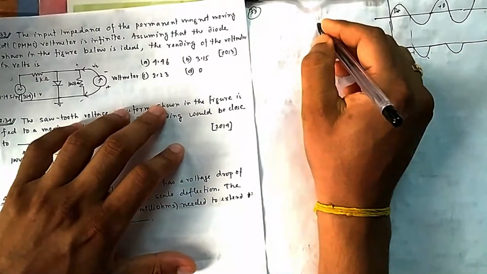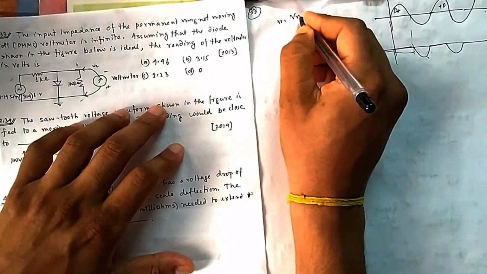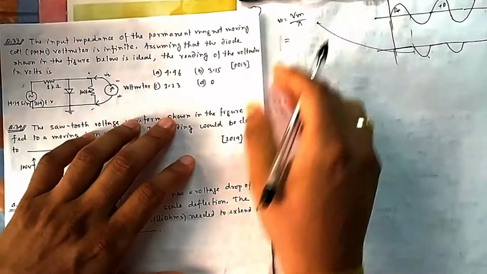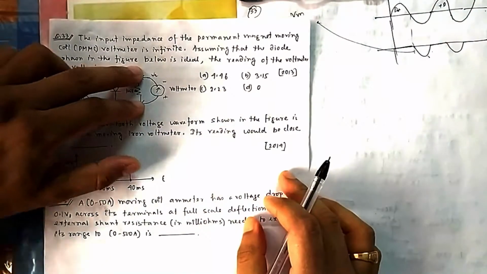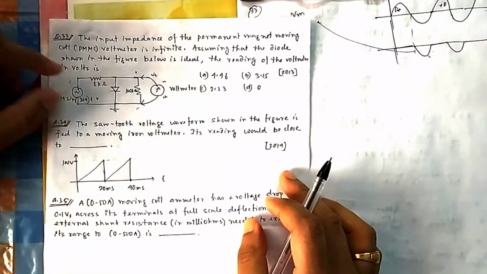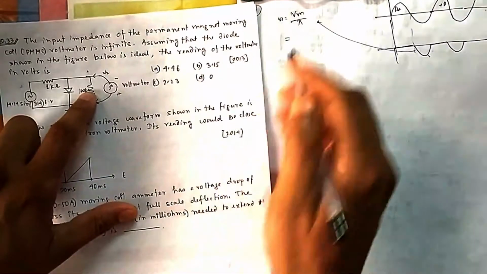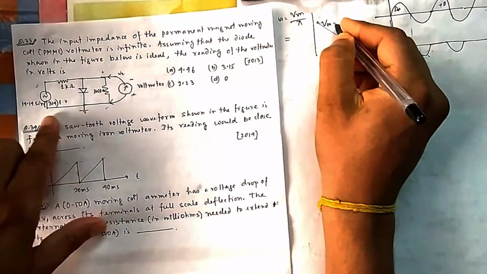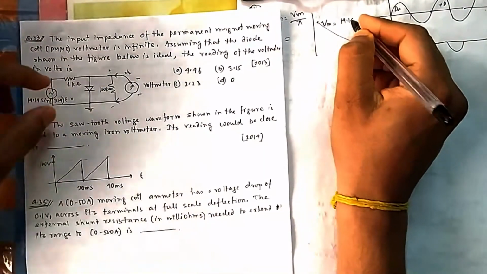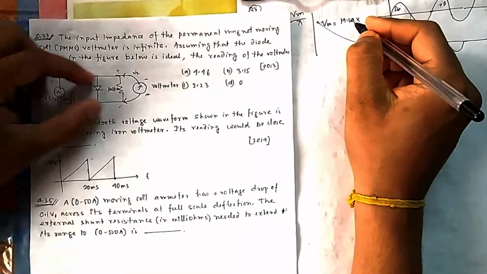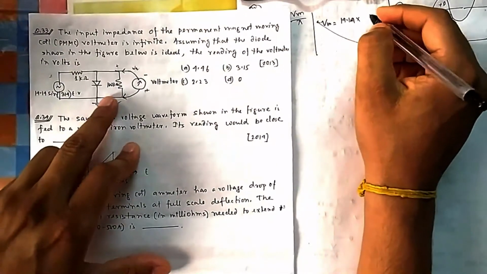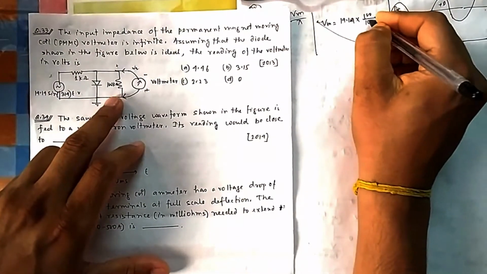So what is the average of half wave signal? Vm by pi. Now what is the Vm? Vm is this much voltage. So this is not Vm because this much voltage is not coming here. That voltage is divided into these two. So what is your Vm here? This is 14.14 here Vm, but that Vm has to come here. So it has to be voltage divide 100 to 100 divided by 101. 100 plus 1, 101 into 100, voltage division. So this much Vm will come.